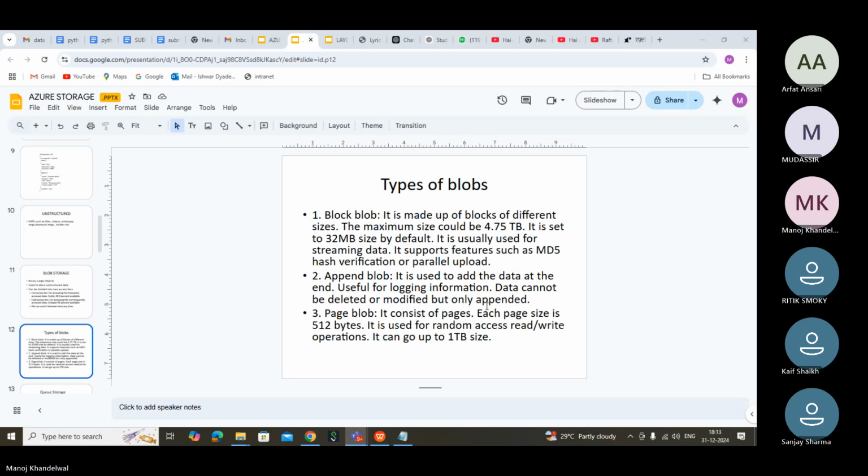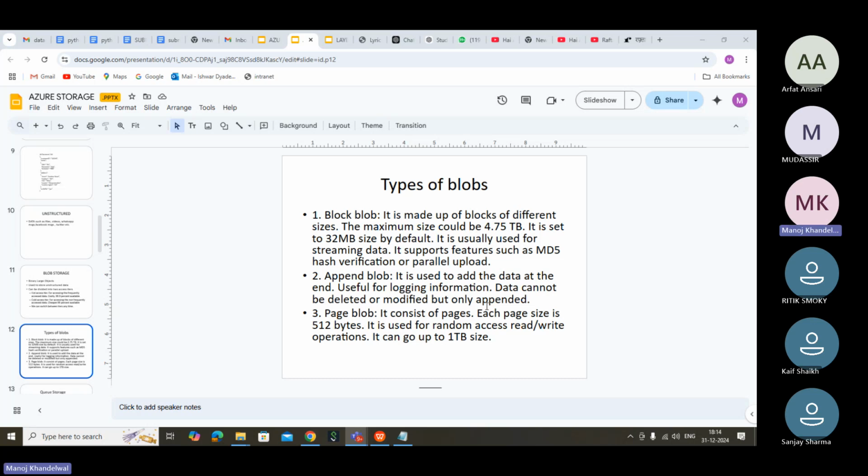There's no limit for that, because even for blob, it's just mentioning the size of the block. The data is made of blocks. What is the maximum size of each block, that is what is mentioned. It's not telling you how much data you can store. Only for the page blob it shows the size: your page blob can be up to 1 TB. But for others it is not shown. The maximum size is for a block, not for a blob. A blob is made up of a number of blocks. But append is also a blob, sir. That is not there, or it is missed. It doesn't require it.